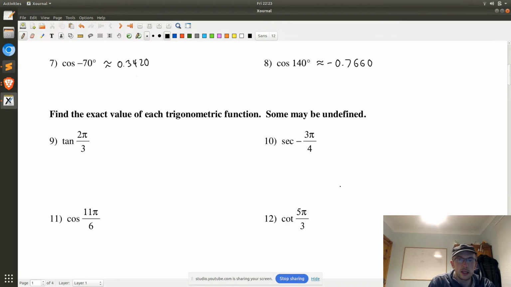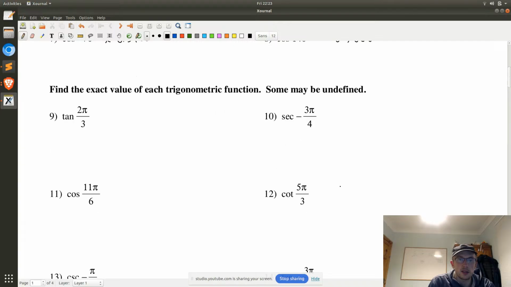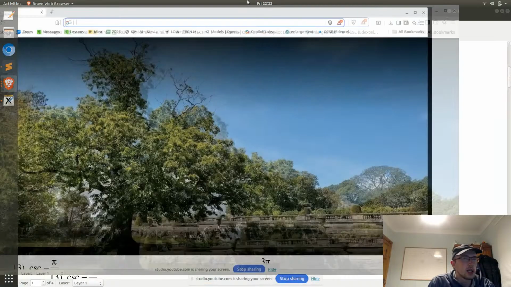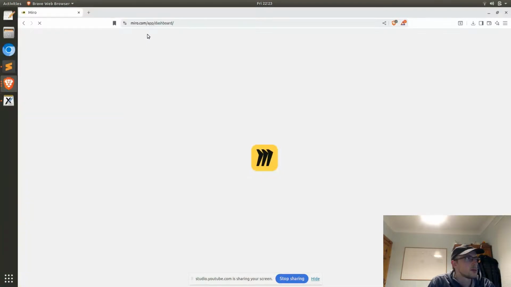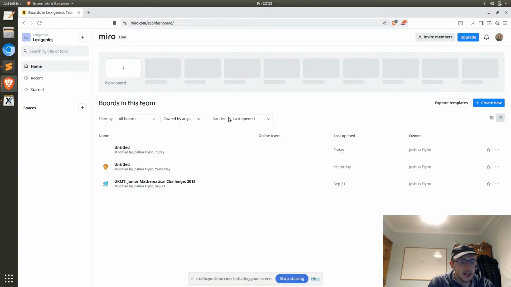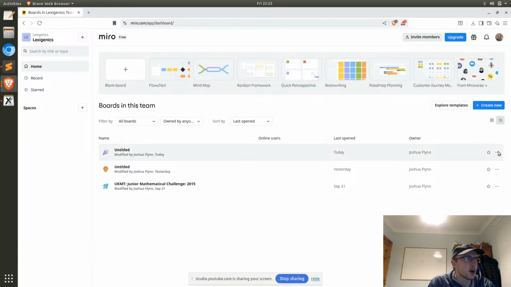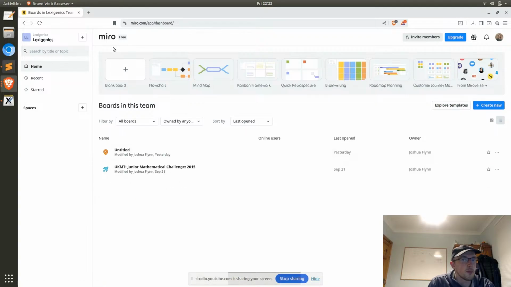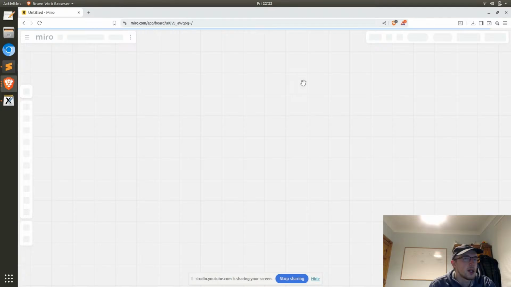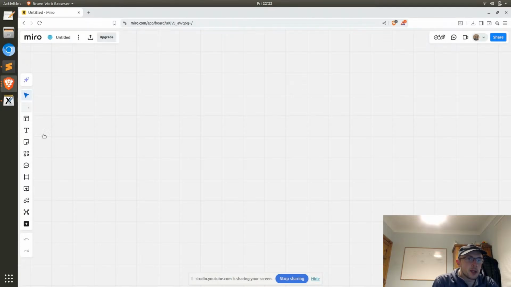Here, we see many more are expected of us. So let's remind ourselves about how that works. Let's open up my room, just a little dashboard here, a little online whiteboard service. And let's remind ourselves about what the exact trig values are that we are expected to know. Okay, so